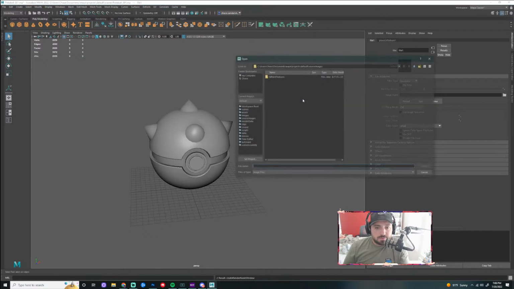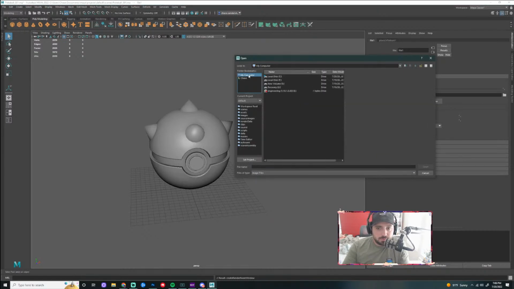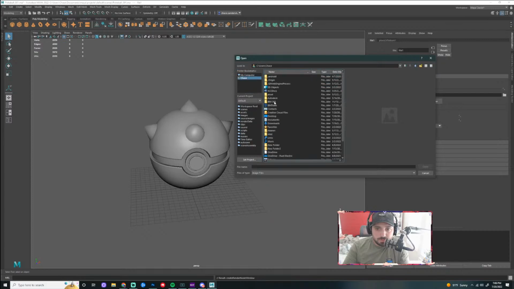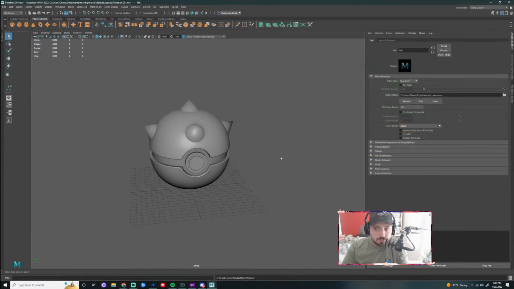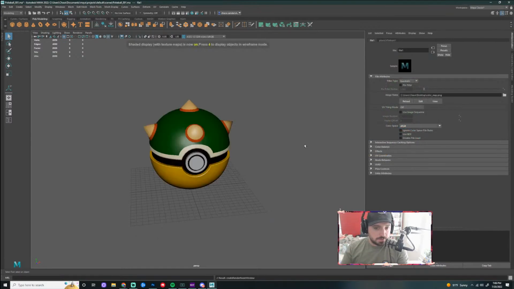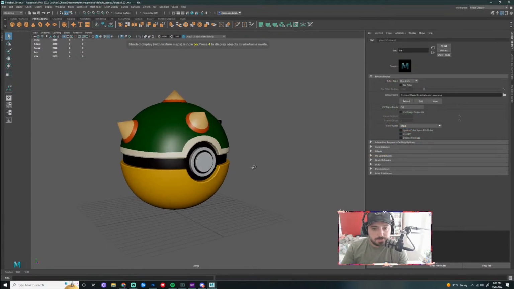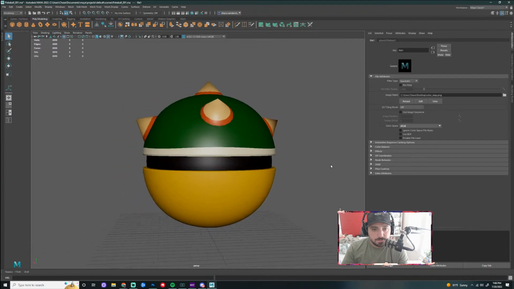Once this decides to let me back in here, now we can go users, chase, desktop. I can reapply my color map, hit open, and it's not going to do anything at first. But if you hit 6 on your keyboard, it should pop up.